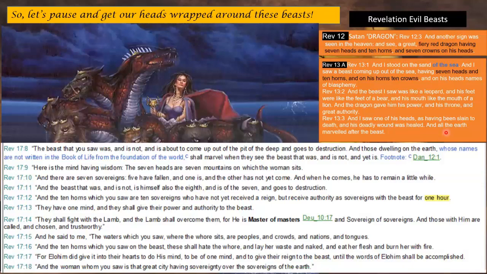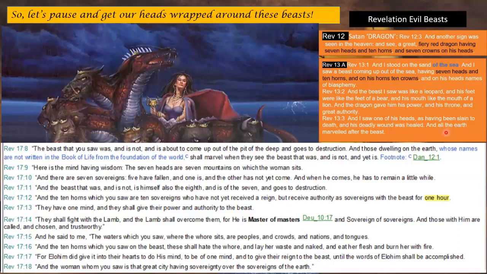They shall fight with the Lamb, and the Lamb shall overcome them, for he is master of masters and sovereign of sovereigns. And those with him are called and chosen and trustworthy. And he said to me, the waters which you saw where the whore sits are peoples and crowds and nations and tongues. And the 10 horns which you saw in the beast, these shall hate the whore and lay her